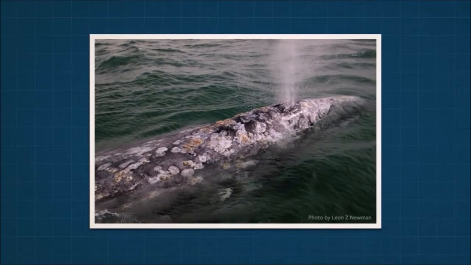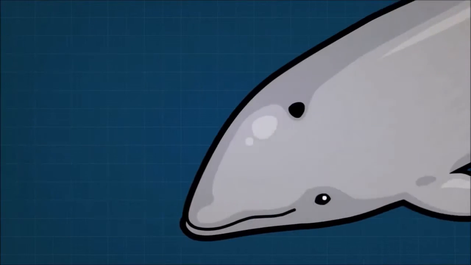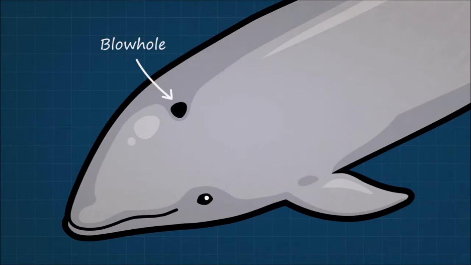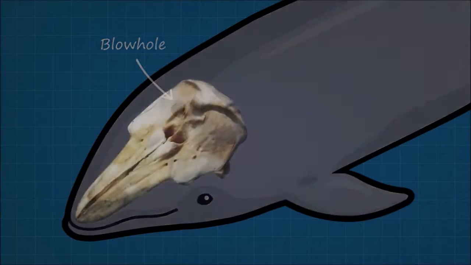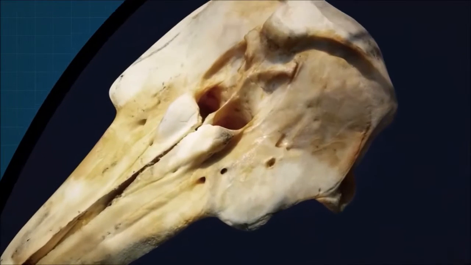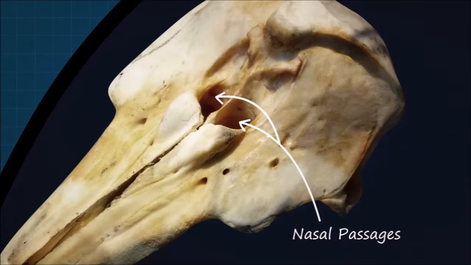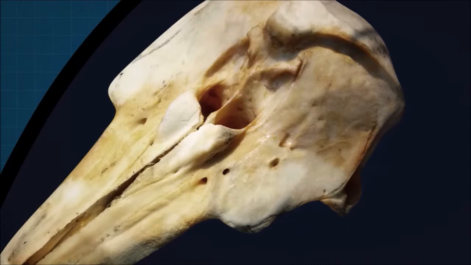Whales don't seem to have noses like mammals do. Instead, they breathe through blowholes coming out the tops of their heads. Some whales have 2 blowholes which almost look like nostrils. But dolphins and porpoises only have 1. Surprisingly, if you look at their skulls, you find that the blowhole splits into 2 nasal passages inside the head. Could it be that the blowhole is actually a highly modified mammal nose? It looks that way, but we'll need more evidence to be sure.